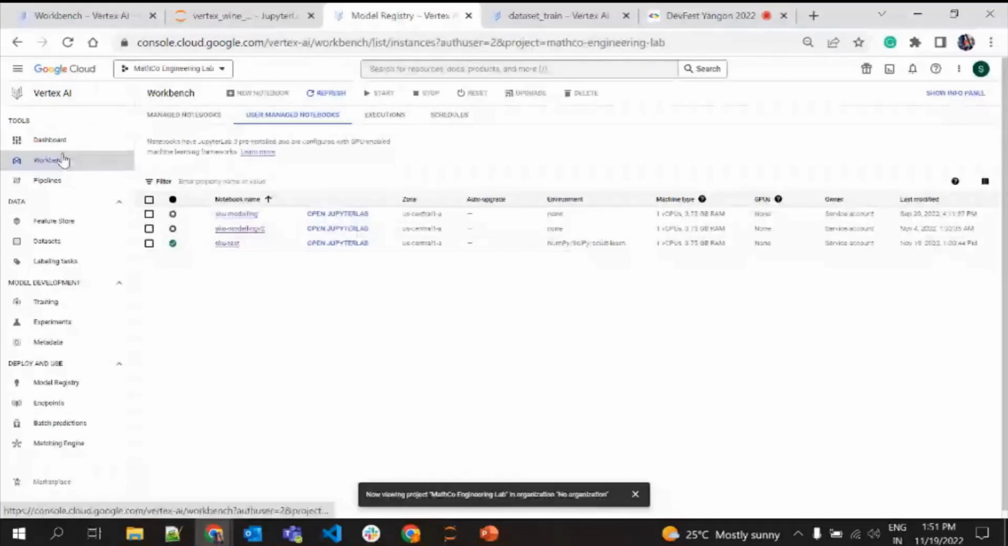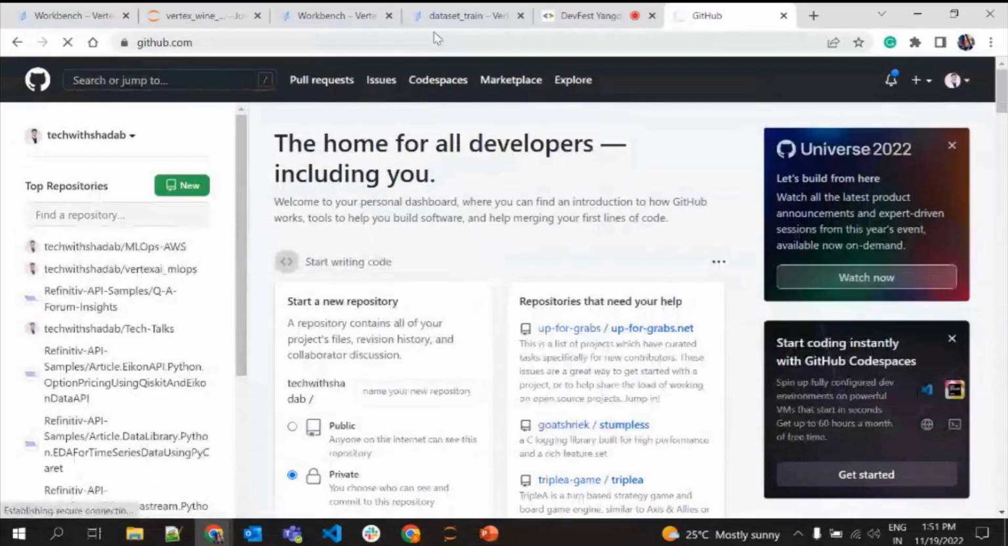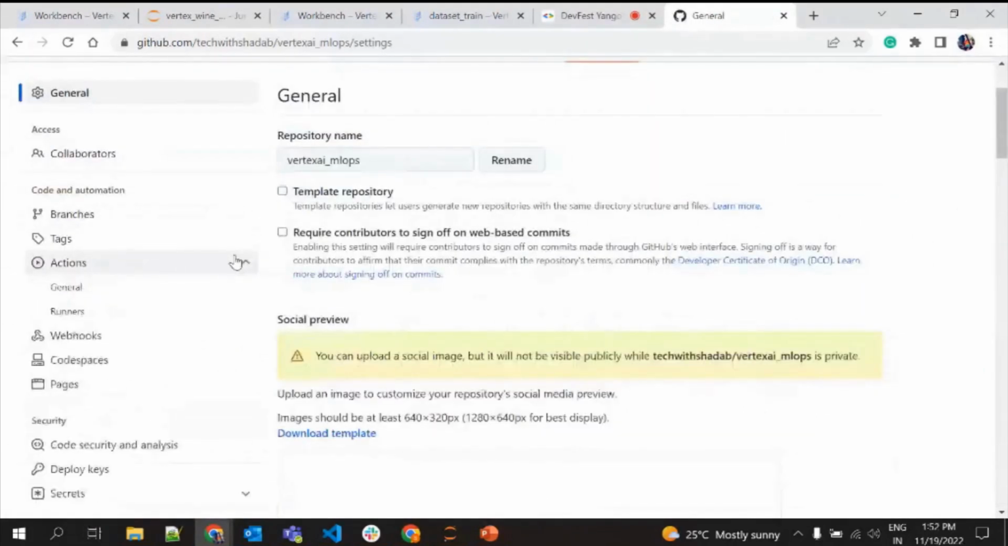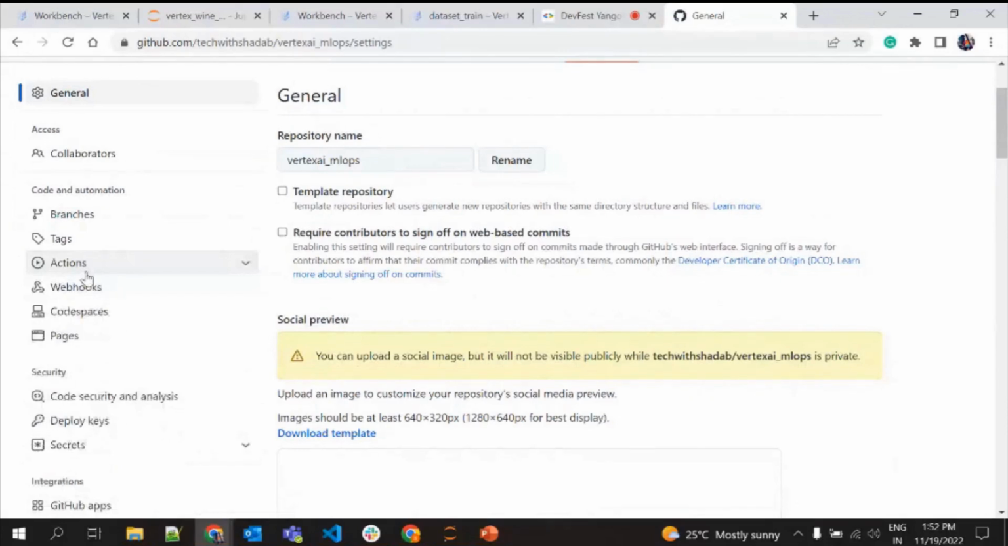Another thing is, let me take you to the GitHub repo. If you want to build your CI/CD pipeline for whatever project you're working on, using GitHub Actions it becomes very easy to build the pipeline and run it. If I take you to the settings here on GitHub, we have the GitHub Actions option available. So if you click on GitHub Actions